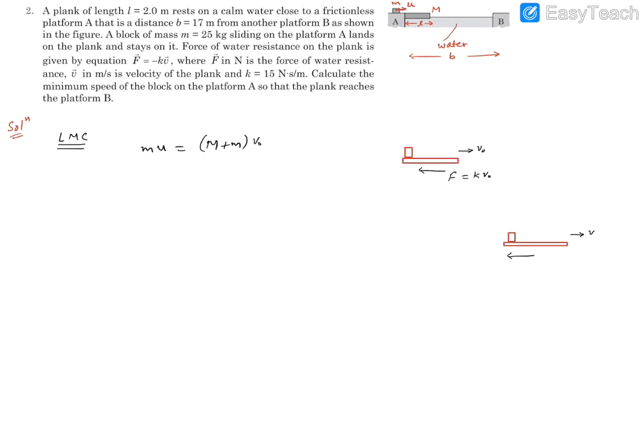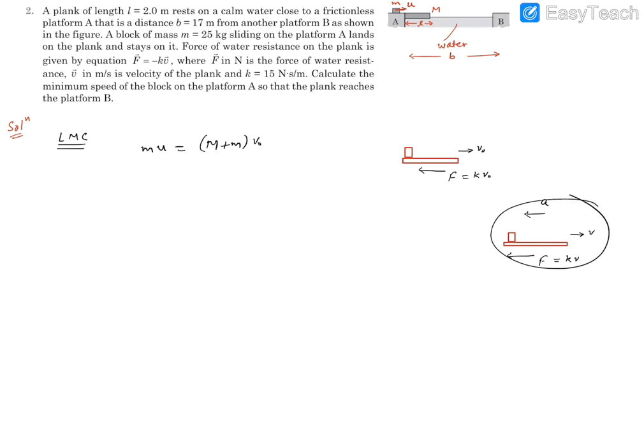Let's say the entire system is moving with velocity v. So this frictional force or resistance force is going to be acting like this, which is going to be kv at any instant of time. Because of this frictional force, you are going to get this deceleration or retardation. This retardation will reduce the velocity v from v0 to 0. We want it to reach point B, so up to B it should reduce to 0 for the minimum condition.